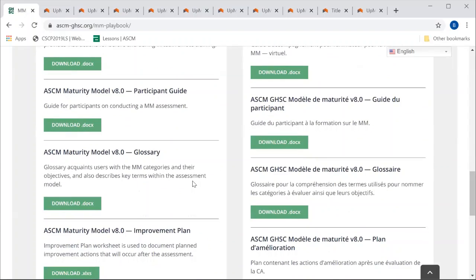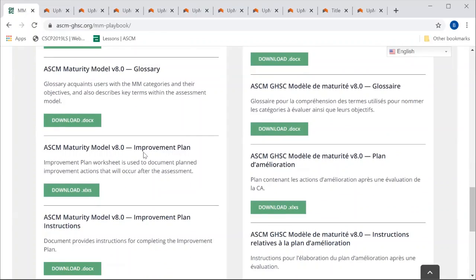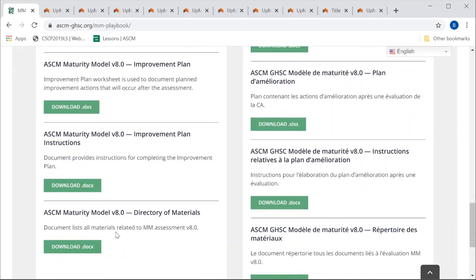Now, there are quite some words in the questionnaire that one may not be too familiar with. So we have a glossary that describes most of those terminologies that you may not be used to. And then there's an improvement plan document here. This improvement plan document has an instruction and also a worksheet. The improvement plan instruction just gives a guide as to how to go about filling the worksheet. Now, this improvement plan is at the later stage of the assessment. That is after you have developed your outputs and you have identified the areas where you need to improve. So you need to come up with a plan.